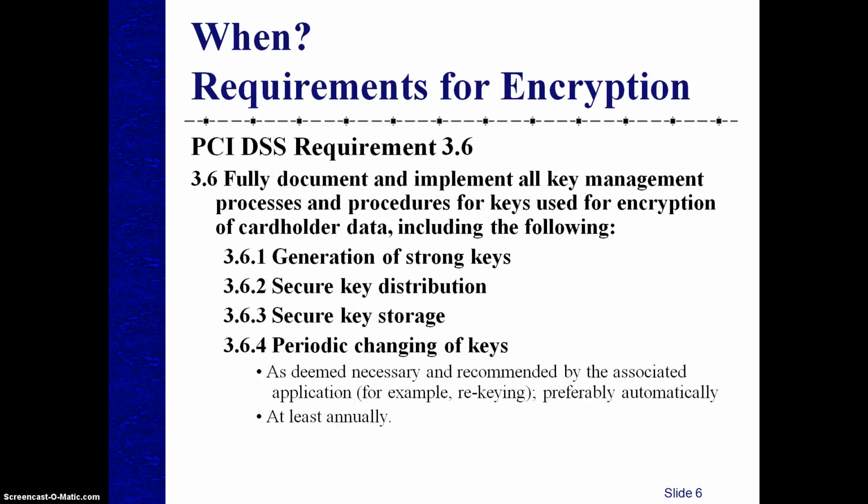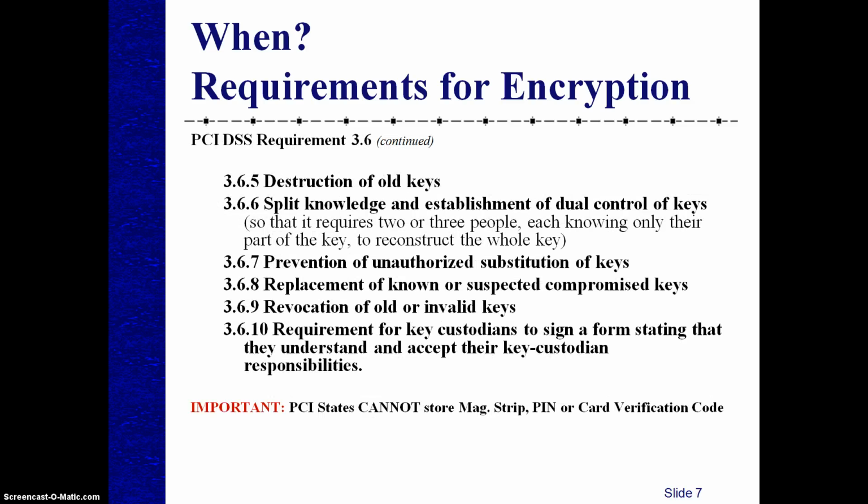PCI DSS requirement 3.6: fully document and implement all key management processes and procedures for keys used for encryption of cardholder data, including the following: 3.6.1 generation of strong keys, 3.6.2 secure key distribution, 3.6.3 secure key storage, 3.6.4 periodic changing of keys, 3.6.5 destruction of old keys, 3.6.6 split knowledge and establishment of dual control of keys, and 3.6.7 prevention of unauthorized substitution of keys, and replacement of known or suspected compromised keys is 3.6.8, and 3.6.9 is revocation of old or invalid keys,